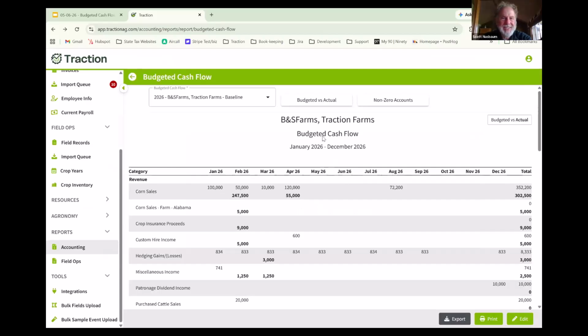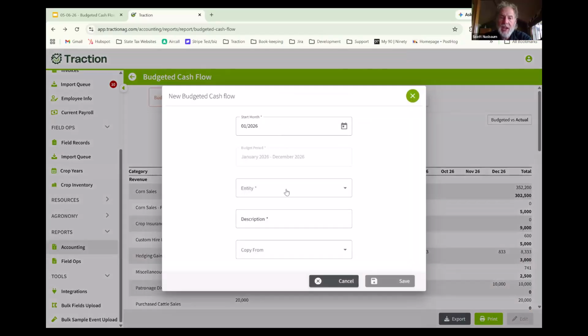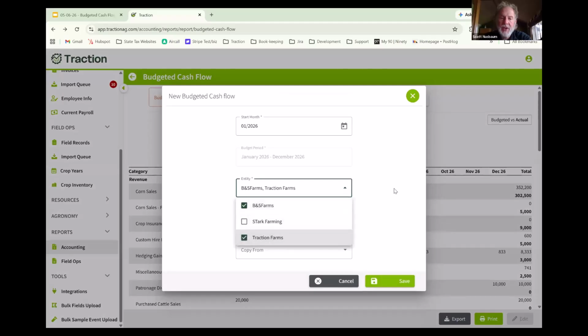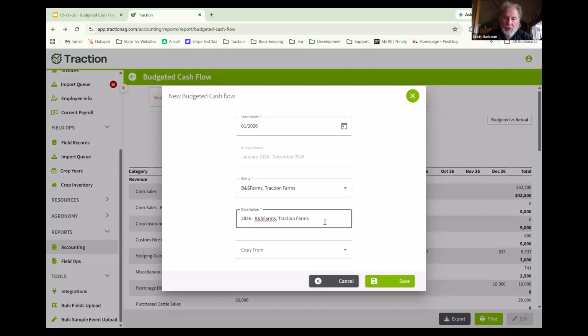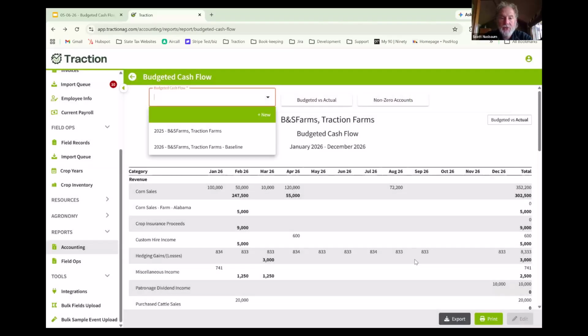Other things in here is doing different scenarios. We'll say now maybe that I've got that baseline budget, maybe I want to kind of say, okay, so what if I could get better crop prices than what I budgeted? What you can do is do a new budget, pick your same year, pick the same entities. And instead of my first one being my baseline, I'm going to make a best case budget. And what I'm going to do is we're just going to go ahead and save. I'm not going to copy from anything. So I'm just going to make a blank budget here. Pick my, not my baseline, but